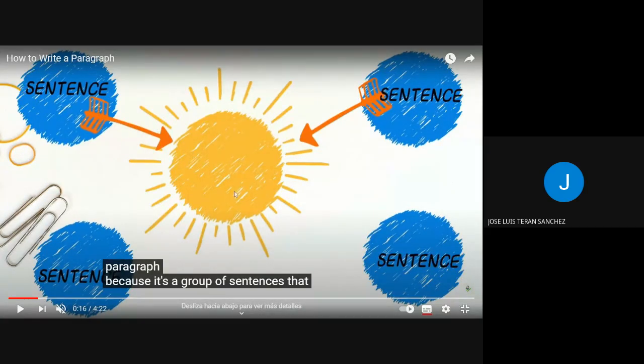And usually, and that's something very important, all of the sentences you write in the paragraph will speak about the same main idea, which is the central yellow rounded thing in the graphic